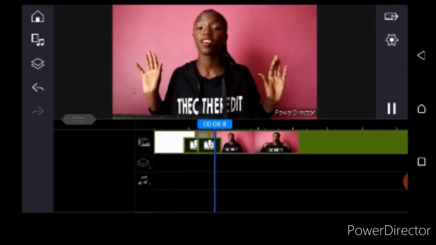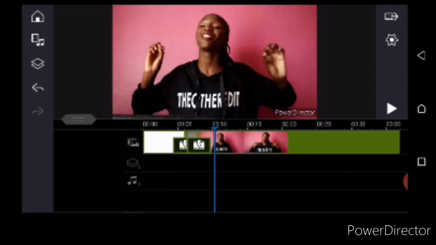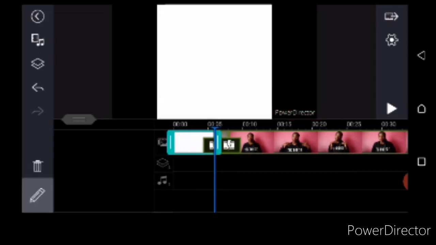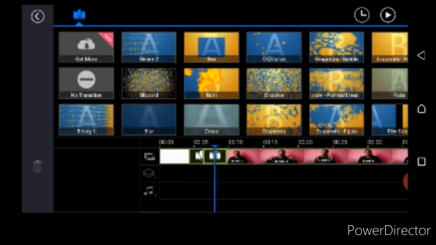Where you see something like a cat and a white thing, wherever there is the white thing, this is where it cuts. This is one clip, that's one clip. This one, if you click on that, oh my god, I'm so sorry, I'm not so good at explaining myself, but if you click on that,